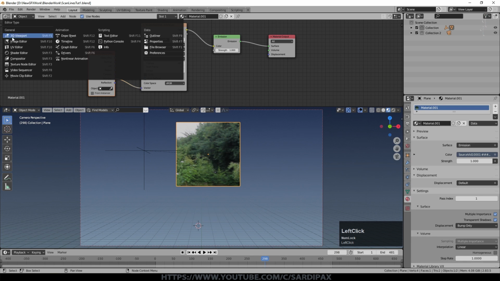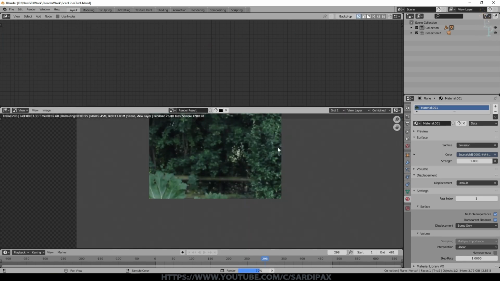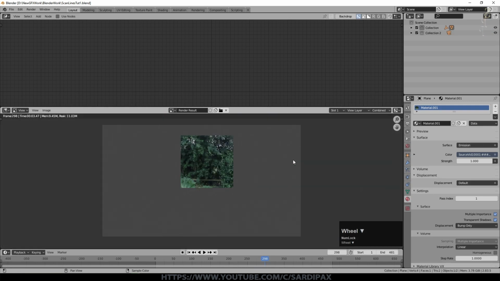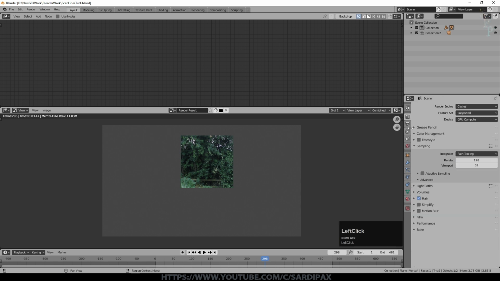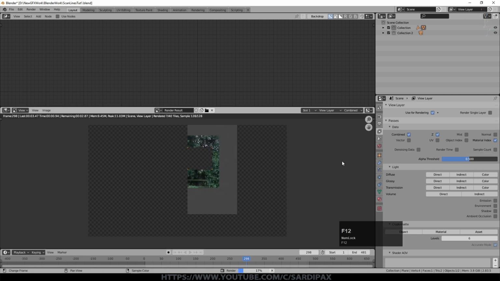So let's just change over to the compositor, and I'll press F12 and we'll get a quick render, which is just this grey scene because we've just got a grey background and then our little windowed section there. However, when we do the render, we need to make sure that under the layer properties, we turn on material index. This is just another bit of information we're going to need to make this effect work. And then we'll just render again. It'll look exactly the same.